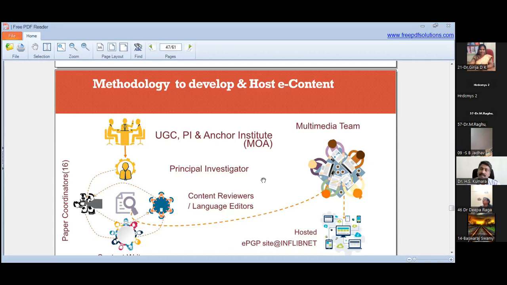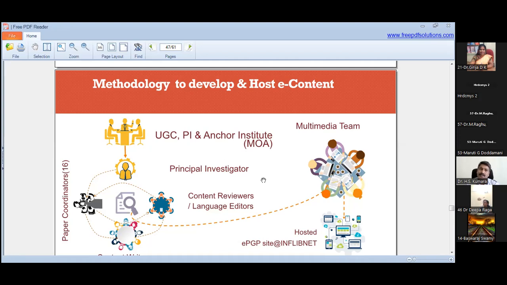Some universities that do not have a multimedia center can associate with another university for developing the content. In addition, recently the Minister of Education has empowered many agencies. These agencies will come and record the content, edit it, and make it available on the platform. You have to identify them and develop your team based on that.